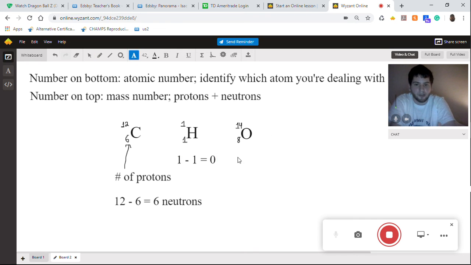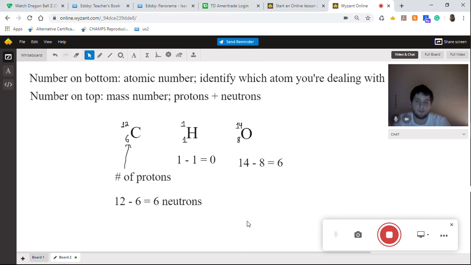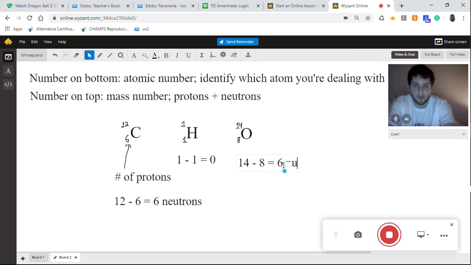This oxygen, we have 14 for the mass number and 8 for the atomic number. So 14 minus 8 is going to equal 6. So on this oxygen, even though we have 8 protons, we only have 6